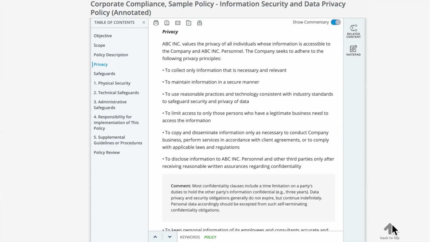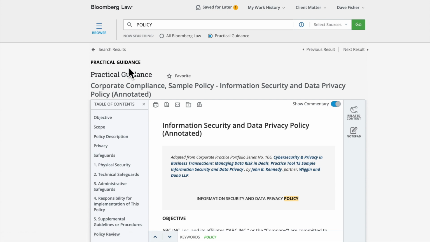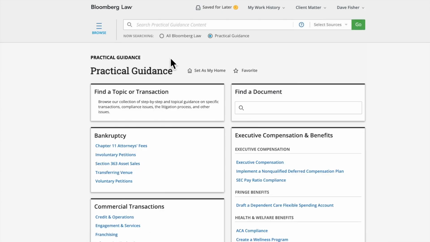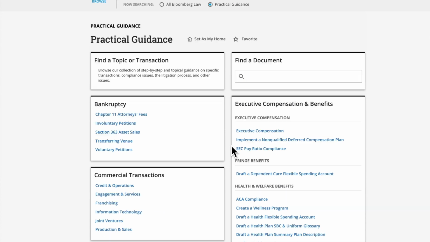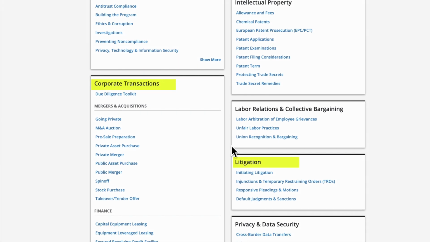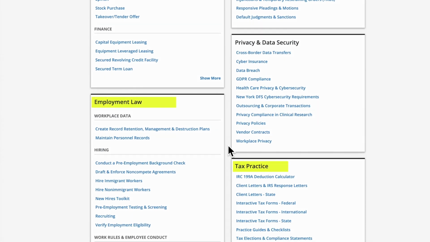Now that we have found a document using the search function, let's jump over to the Practical Guidance homepage to browse our full collection. The homepage allows you to view our practical guidance by topic or transaction. Users can browse by topic or transaction across 14 main topic areas, including commercial transactions, corporate transactions, litigation, privacy and data security, employment law, and tax. Under these main topics, users have access to over 4,500 pieces of practical guidance, grouped into more than 200 subtopics